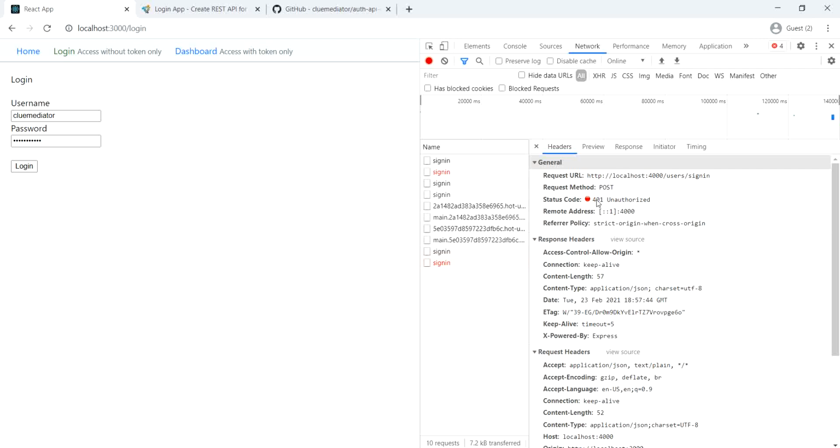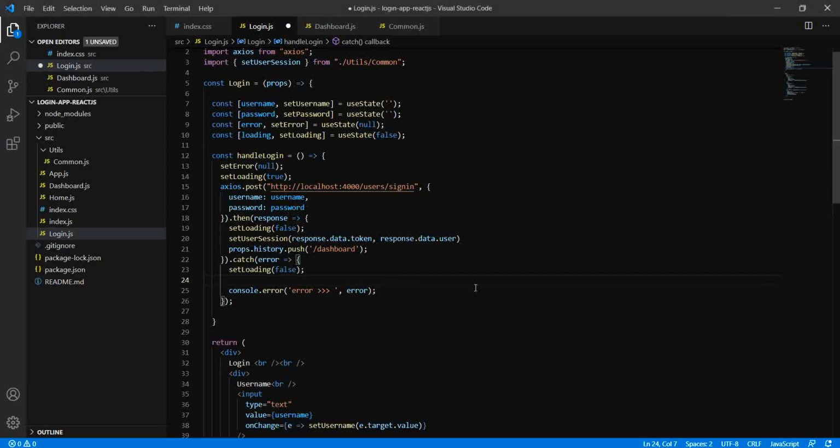If we have unauthorized request, then 401. So let me first write, if we have error.response.status equal to 401 or it's 400,